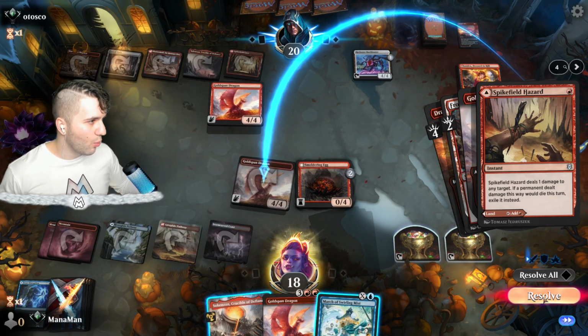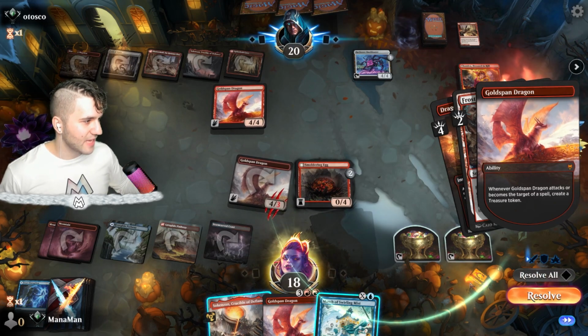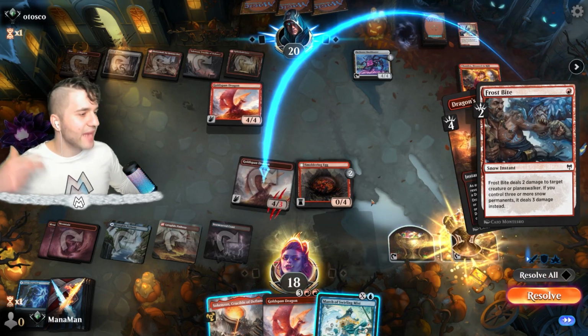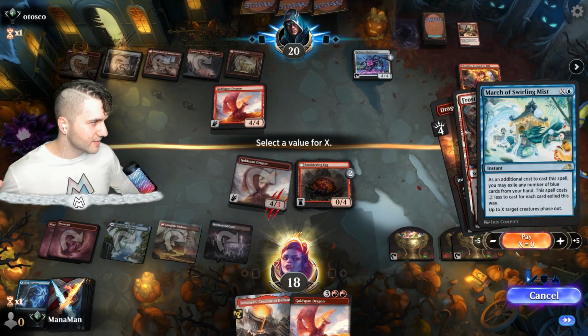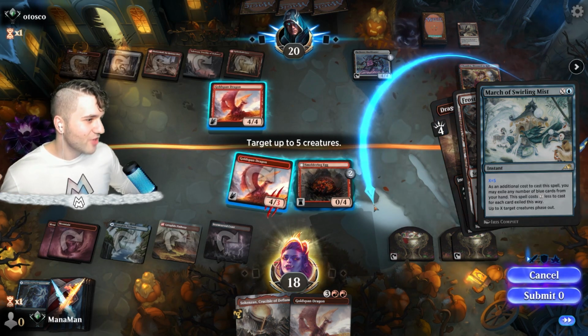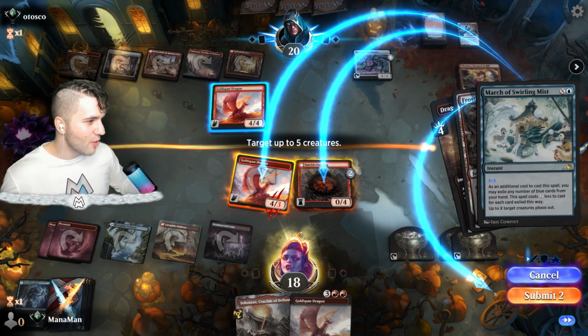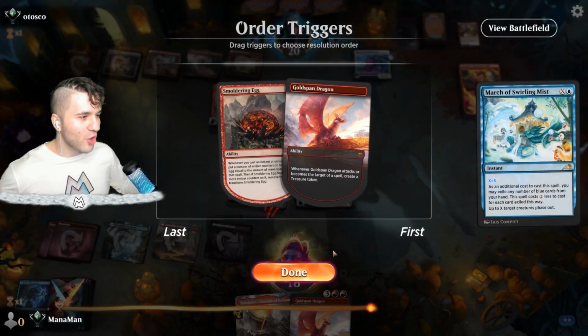So we're going to deal 1. Okay. We'll let that resolve. It's not dead yet. We'll go ahead and get another one. And here's where we're going to use the Ashmouth Dragon. We're going to use March of Swirling Mist. And now we've got 5. Just perfectly. We can target up to 5 creatures. We're going to target us. So now we have just enough to go in for an